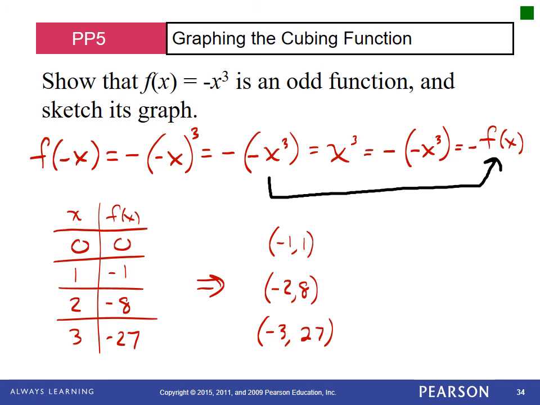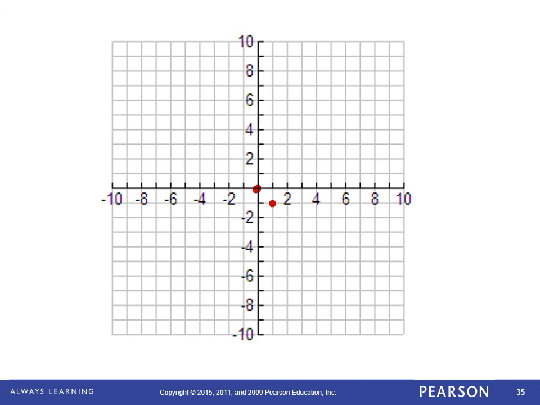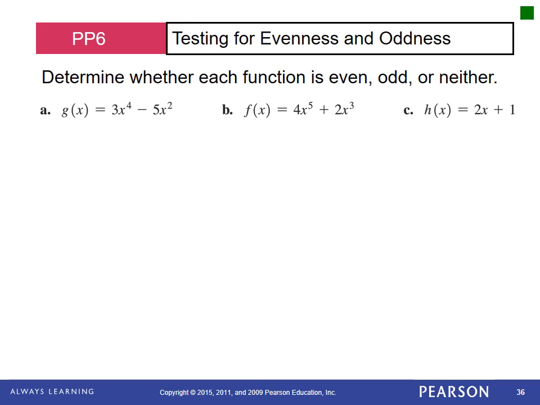But now let's go on to determining whether certain ones are even, odd, or neither. So instead of just showing or proving something is even or odd, can you determine whether A, B, or C